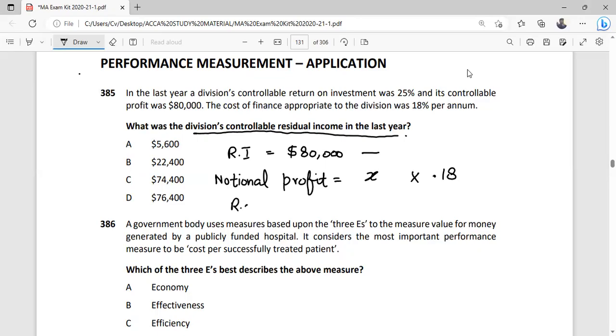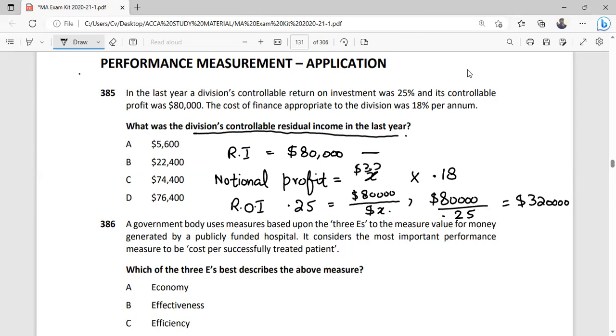So now we will use the formula of ROI. ROI is provided, 0.25 is equal to controllable profit 80,000 divided by controllable investment, which is X. So now you can calculate X. 80,000 divided by 0.25, we can calculate our controllable investment, which is $320,000, or we can call it capital employed. So now this X is replaced by $320,000